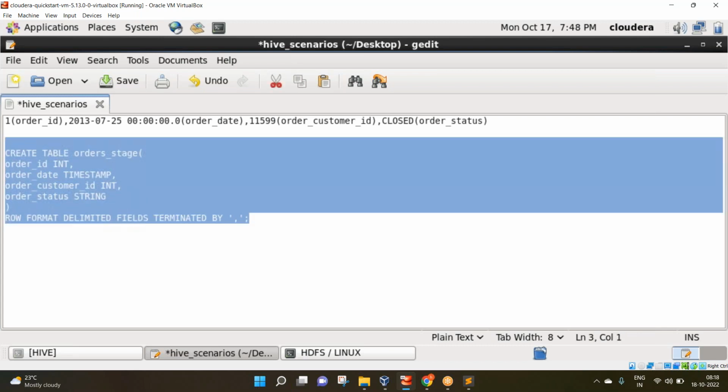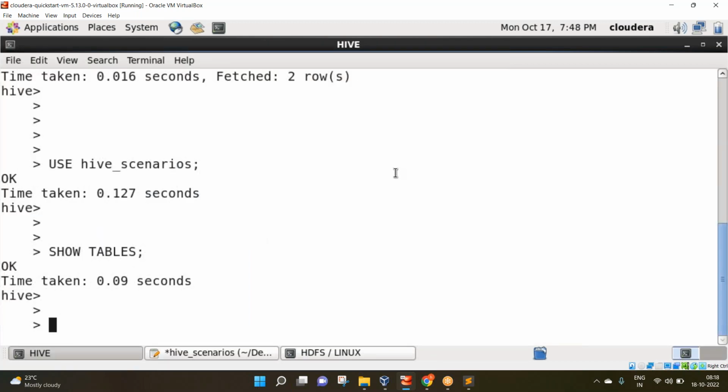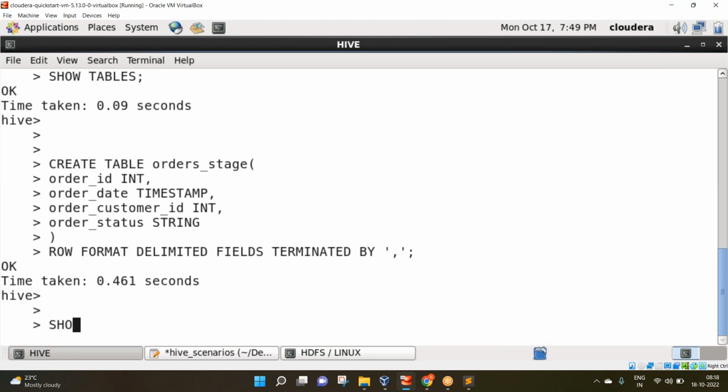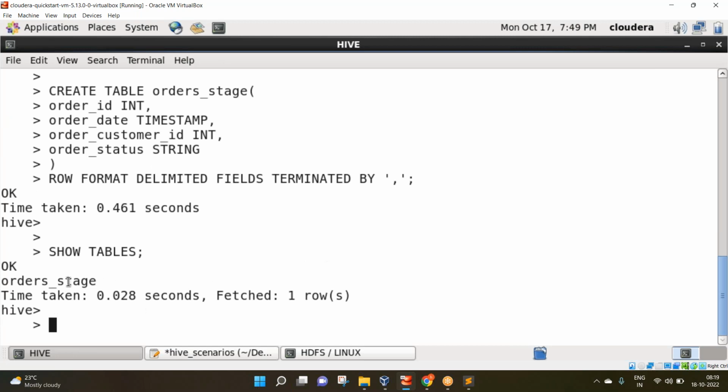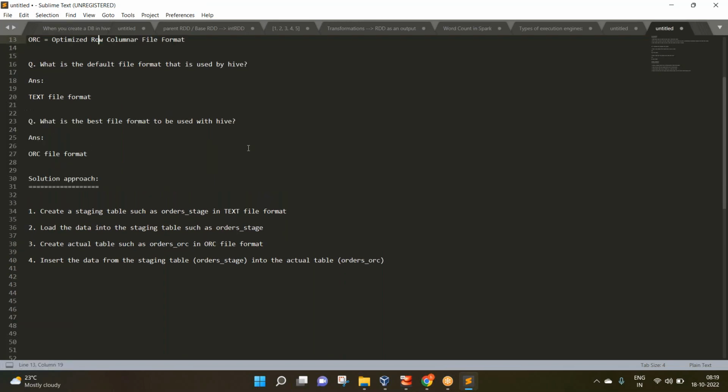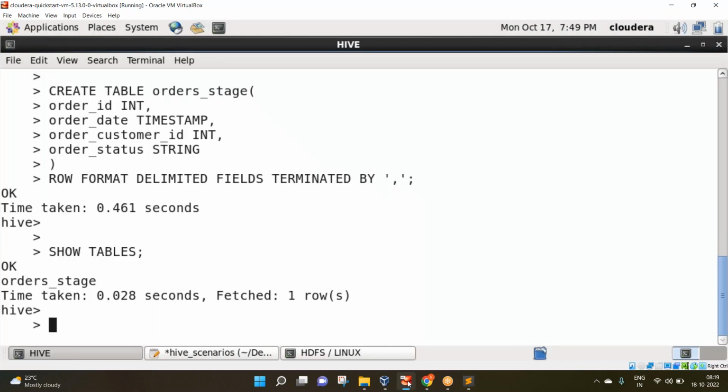Let's copy this and go to the Hive terminal, right click and paste it. Enter. Say show tables. I can see this table called orders_stage, but we have to create this table in the text file format, right? And also, what have we learned? The default file format that is used by Hive is nothing but text file format. That is, whether you mention it as text file format or not, it will automatically create this table in the